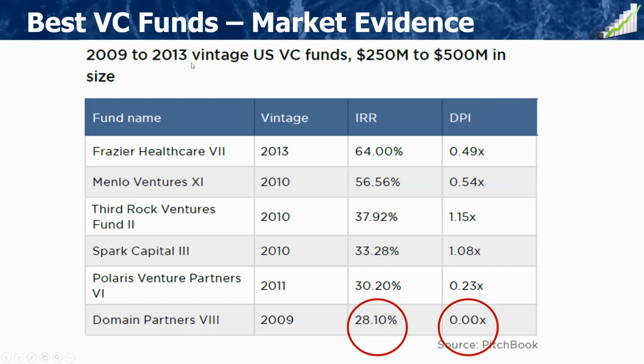Here's a good example of US VC funds of the size around $250 million. They're quite big funds, not huge, but not small, of course. And these were the best performing funds according to PitchBook. But what I wanted to show you here is that IRR might be high enough, but your distribution